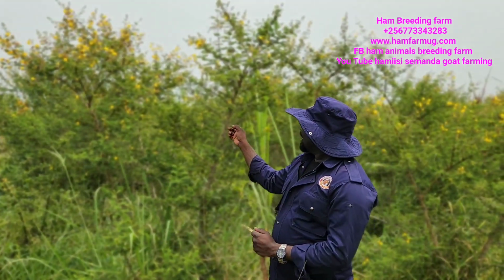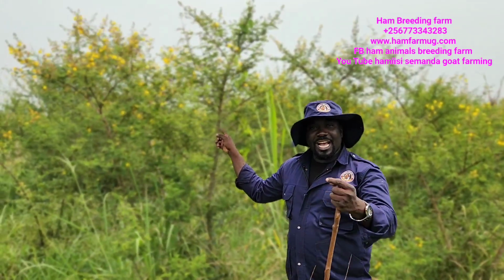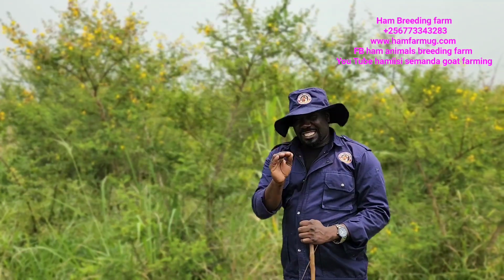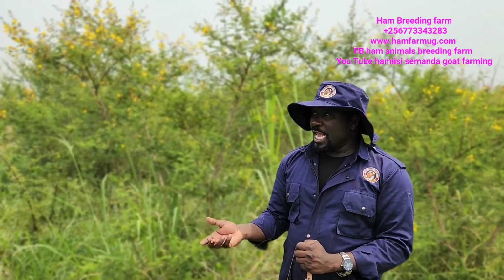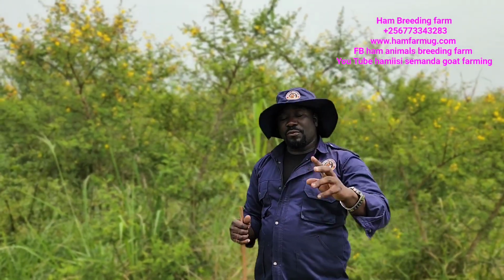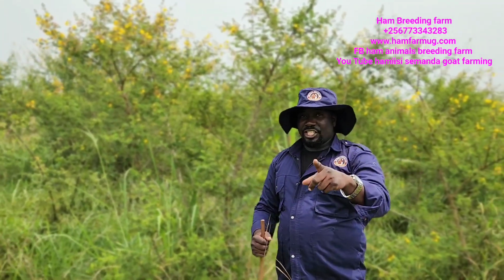Do you see this? This belongs to the acacia family. It is called acacia umbrella tree. It is always in savanna grasslands whereby the land is slightly drier. You get more dry, you expect this. I want you to see, you guys, because you're finding it hard to get the difference between other acacias and